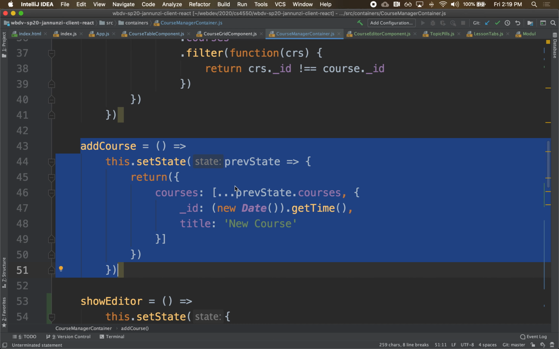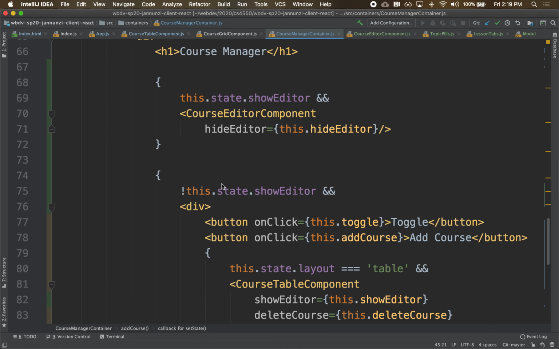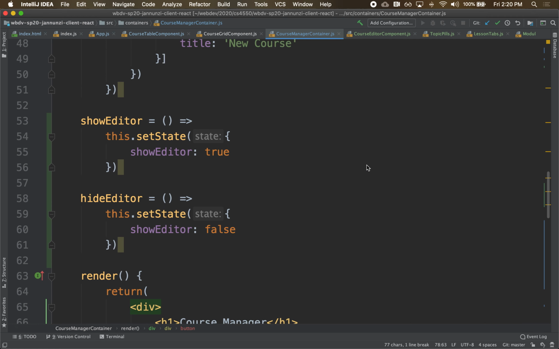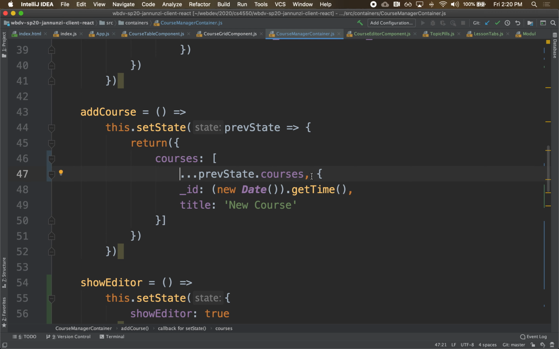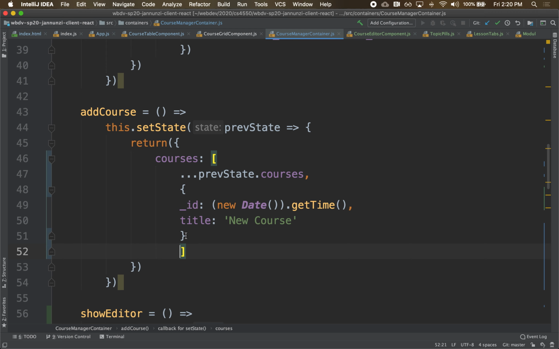The way we're doing it is that we click on the add button, add course, and we just call the add course function right here. And we're hard coding the object for the new course there. See that? And what we're doing is that we are modifying the old state. We're saying that the new courses is going to be the spread of the old courses, whatever they were, and at the end, we're going to append this new